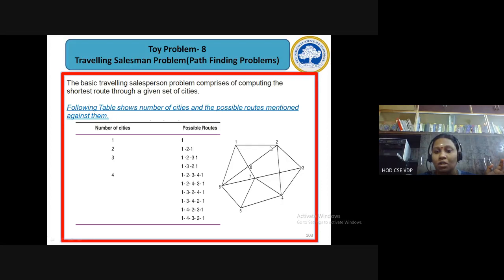Okay, now if you take 4 cities, which means what? You're covering 1, 2, 3 and 4. If you assume your 1 to be your initial state, the question is whether you can start from 1 and reach 1 using any of the possible combinations. So here lexicographically, if you arrange, it's going to be 1, 2, 3, 4, 1, 2, 4, 3, 1, 3, 2, 4, all possible combinations. I've just listed it.